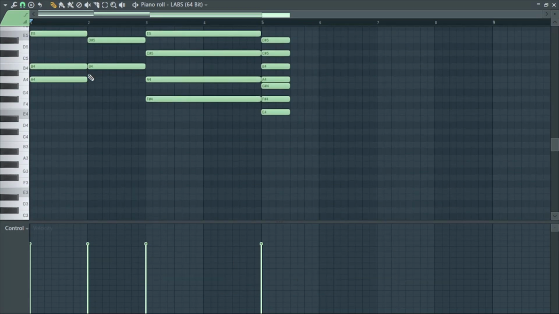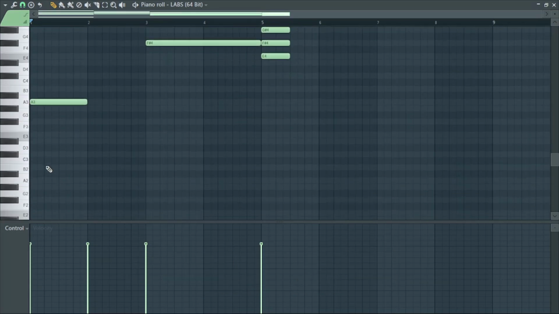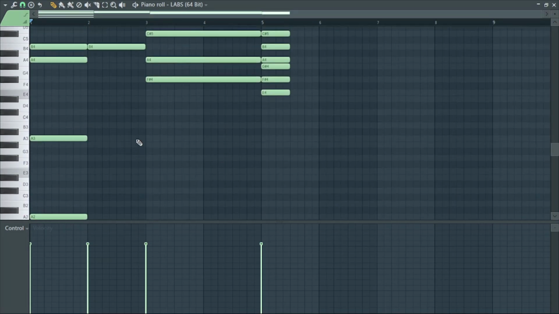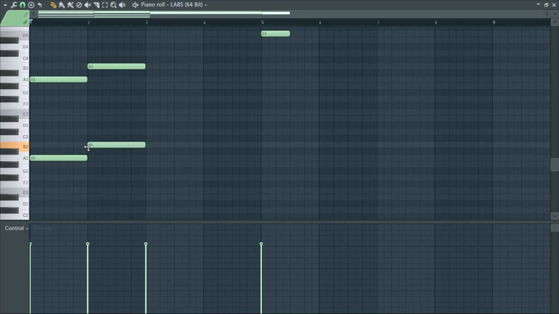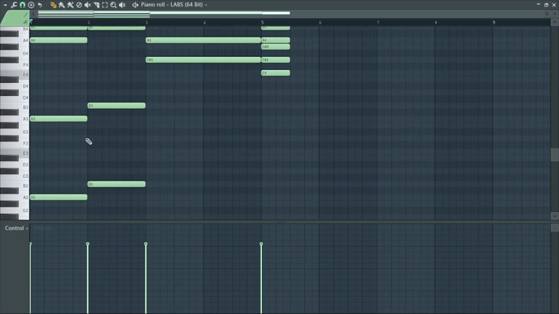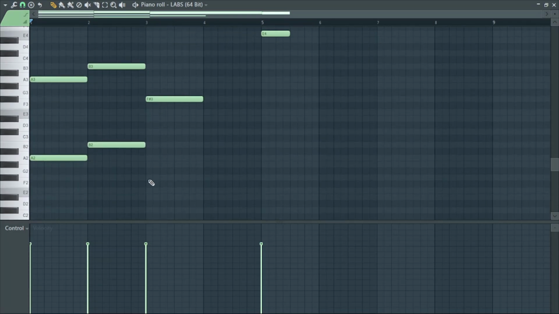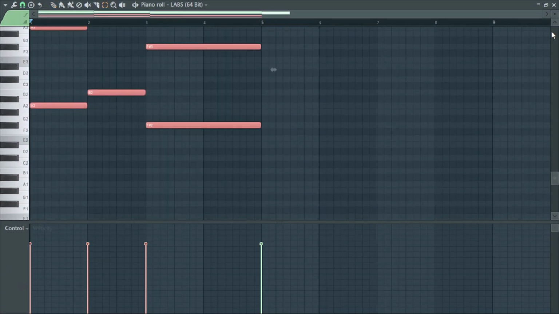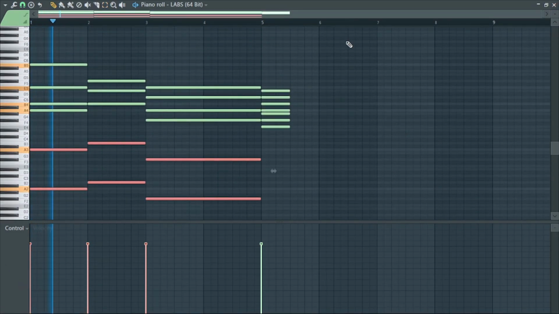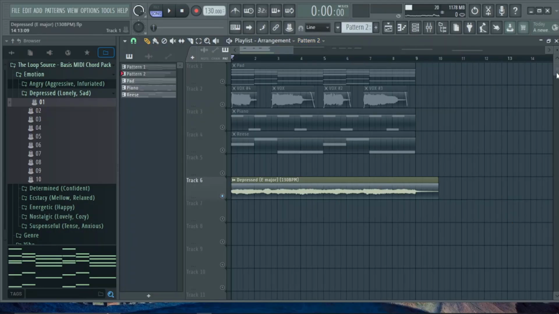And then to give this chord progression some body, I'm just going to copy the root note A down 2 octaves and I'm gonna make it really bassy. I'm gonna do the same with the root note for the second chord and the third chord. Now if I had a vocal, a pad, and a bass,